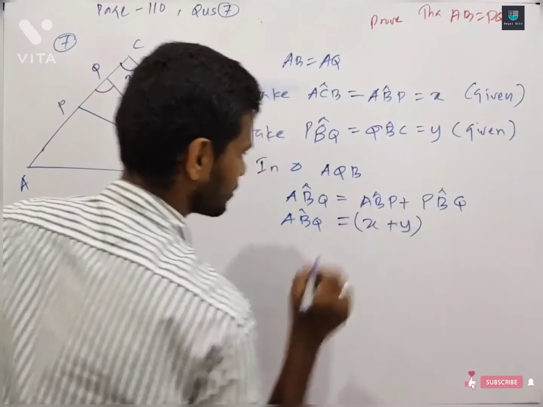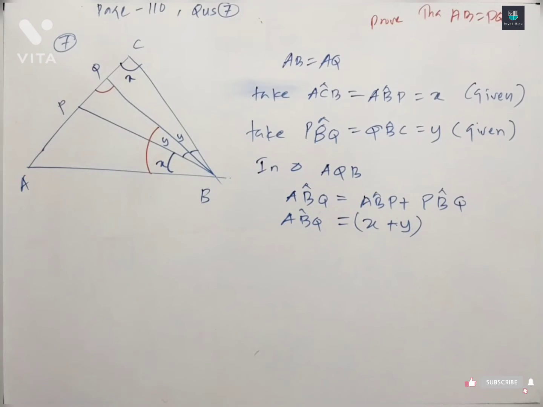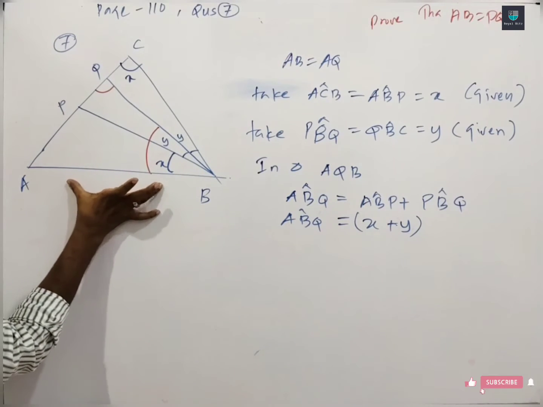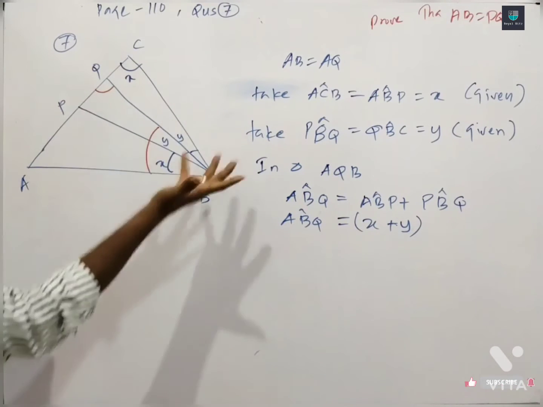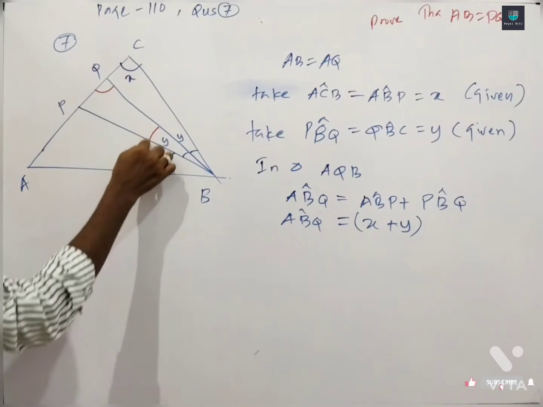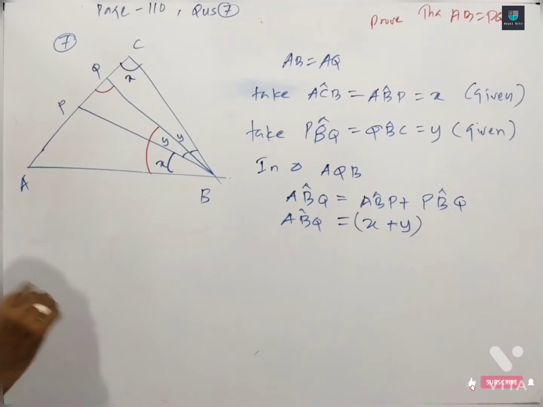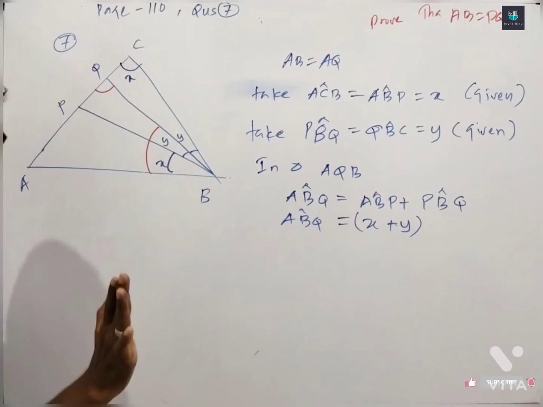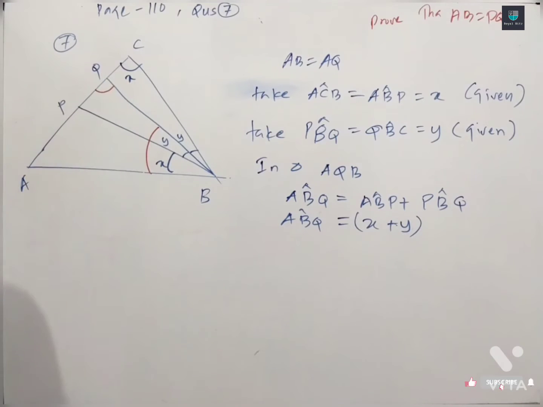Okay, right. Now see, how do I show this as x plus y? What is the idea? Now see, we have to show AB and AQ are equal. Now AB equal to AQ means the opposite angles should be equal. The opposite angle of this, this one, and the opposite angle of this, this one. So these two should be equal. But we know this is simply x plus y only. This is also, it should be x plus y. How? Exterior angle, sum of interior angle.